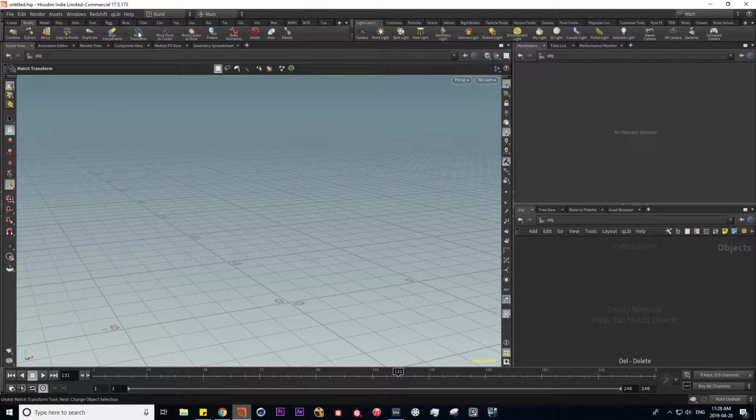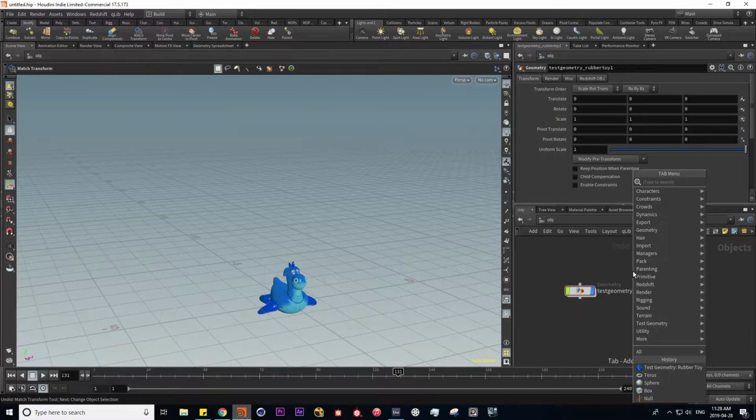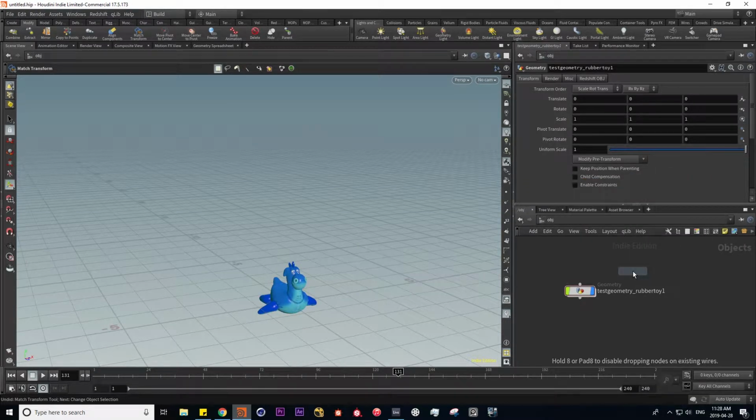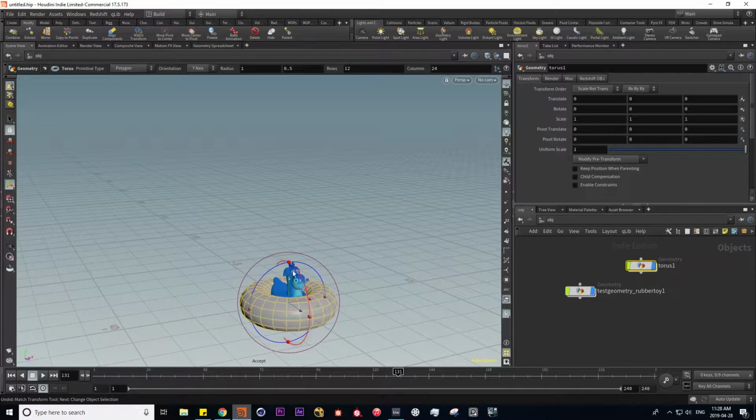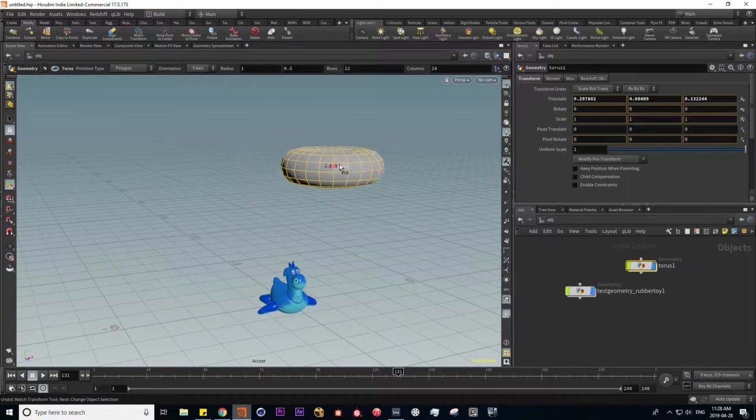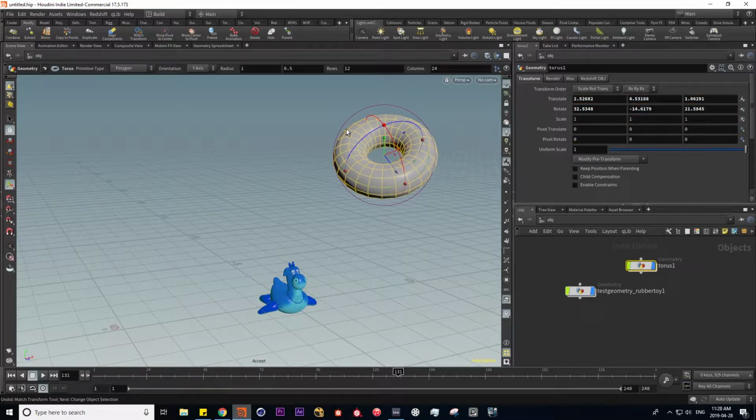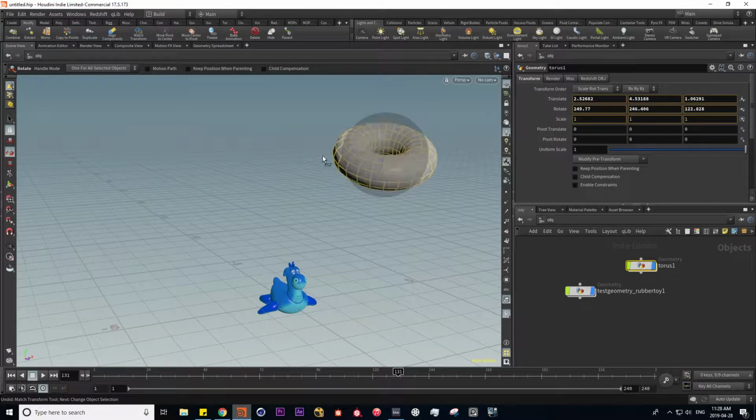So next up is match transform, which transfers the rotation, scale, and position data from one object to another. So I'm going to put down another rubber toy and a torus. And then I'm going to move this torus to a random location and rotate it like so. And by the way, if I press R, I can free rotate it if I don't click explicitly on any